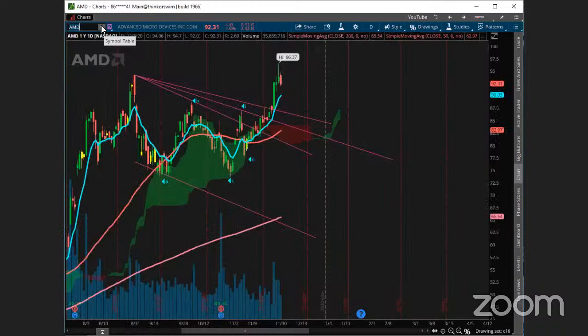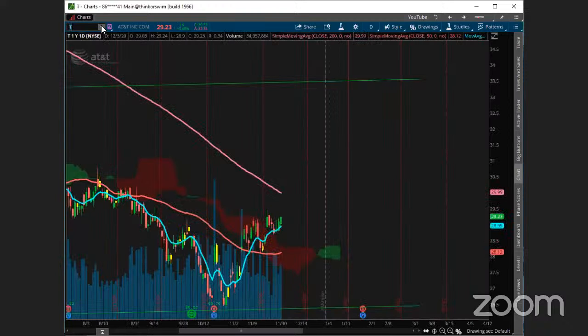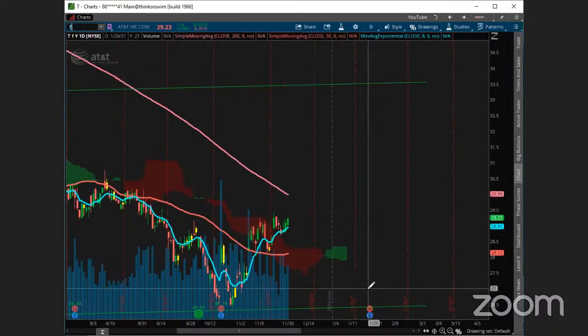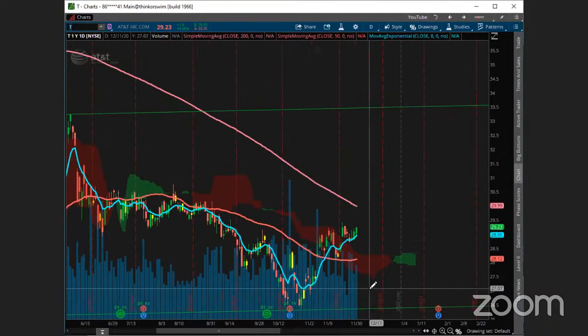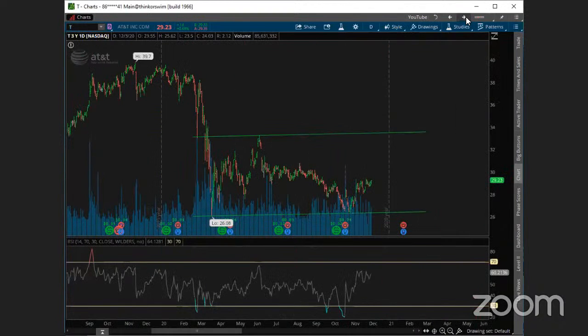AMD, again, kind of a nasty pullback right here. At this point now, we're looking for retraces, to see if they can confirm. Josh, T, let's take a look here. So T, oh yeah, from the option activity, it could be interesting. Let's see what it does. They got a little bit of bullish action here today. I think they're releasing their HBO shows or something like that. So we're kind of in this channel right here, but let's see if they could break down below those levels, right? So a little unusual option activity on those.